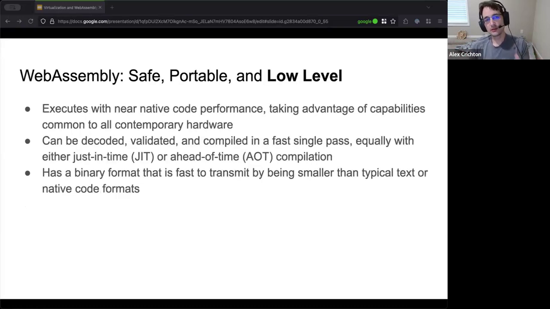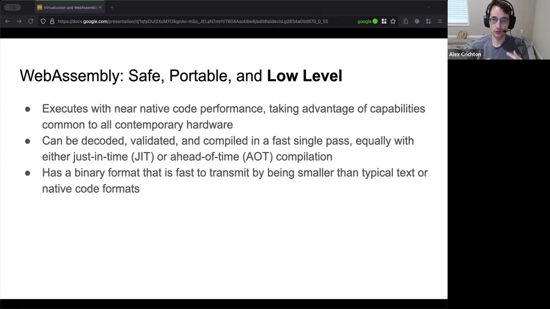And this aspect of low level, all these ideas sound like a nice, safe, garbage collected language, but the idea is intended to be that WASM is running at roughly near native speeds. So the idea here is you're intended to take WebAssembly and compile it to native code, either in a just-in-time fashion or ahead of time fashion, depending on how your setup is going to work. And then being derivative of the web, the binary size is a very important aspect.